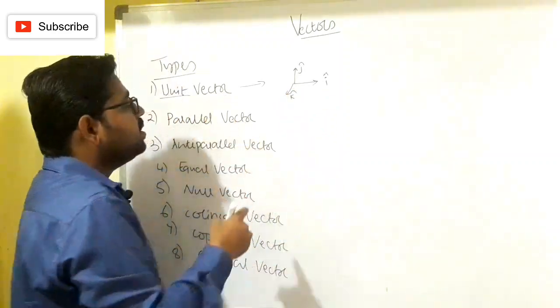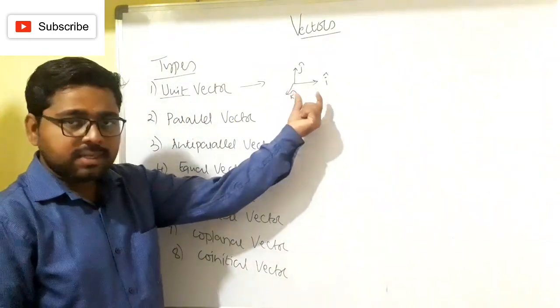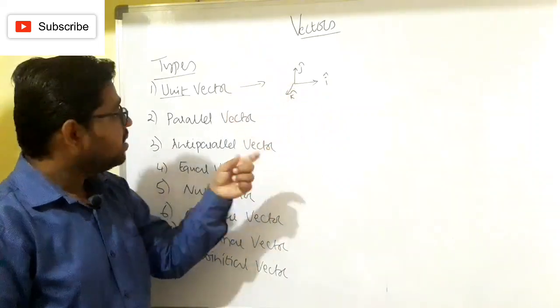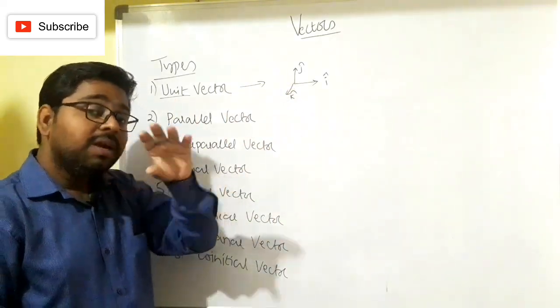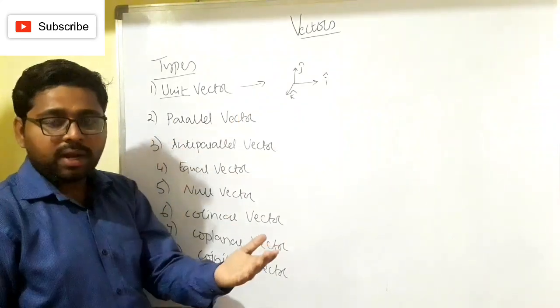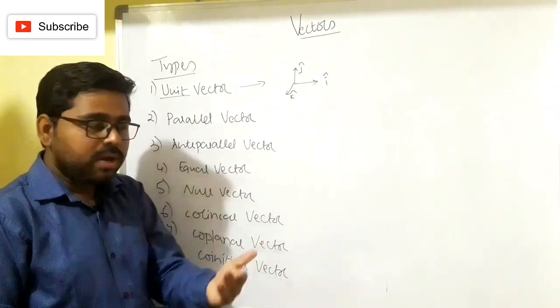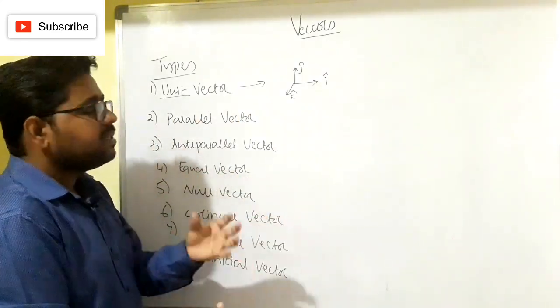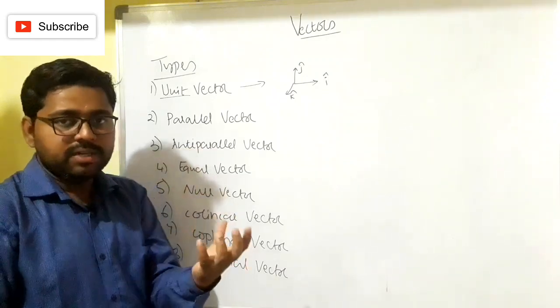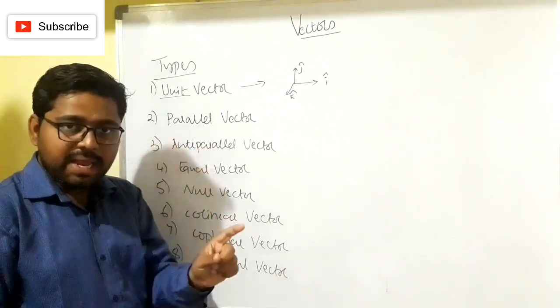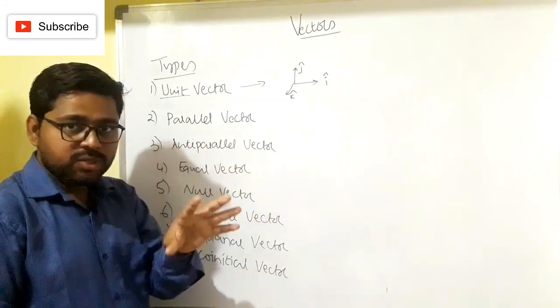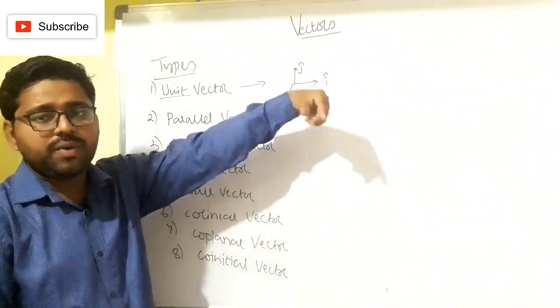So a unit vector has unit magnitude along the x-axis, y-axis and z-axis, and it is majorly used to denote any particular vector by how much factor, by how much quantity there is. Like suppose you have 5 units, so 5 units means 5, a scalar, multiplied by the unit vector. So 5 into 1, 5 units times that.